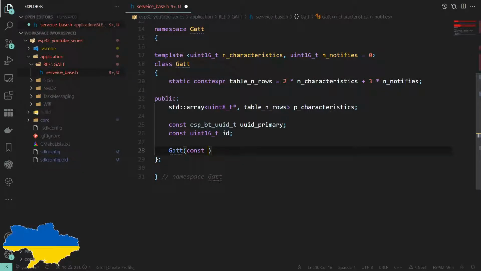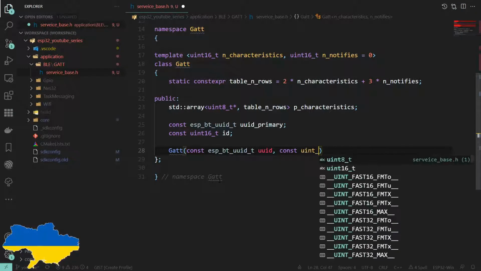So let's do const esp_bt_uuid_t UUID. We can have the argument as to whether or not that const should be there. Personally, I prefer it there. I think it shows intent better. Maybe it helps the optimizer. I don't know.